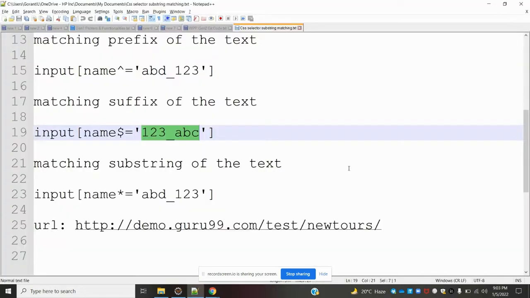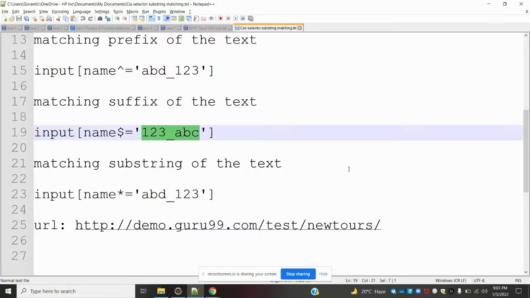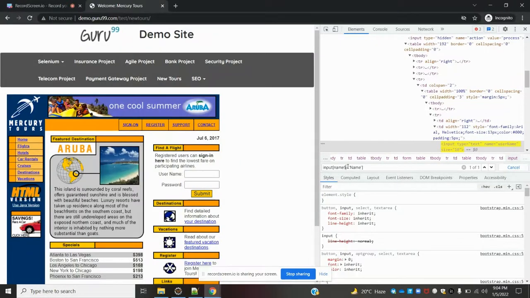And next one is substring. Substring is nothing but a combination of prefix and suffix, meaning the starting position and ending position values are changing continuously, the middle value is common, then we use the common name for that particular one. That way we can choose. And here is a star symbol. I didn't get any dynamic web page, otherwise I could showcase it here, but unfortunately I'm not able to find one.